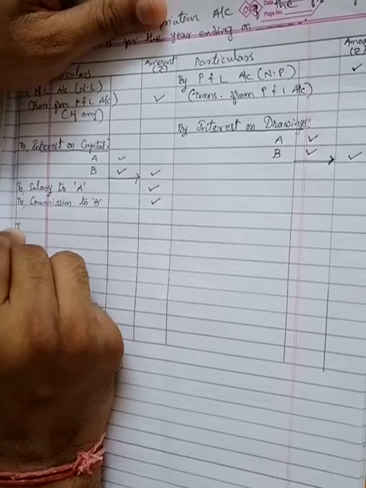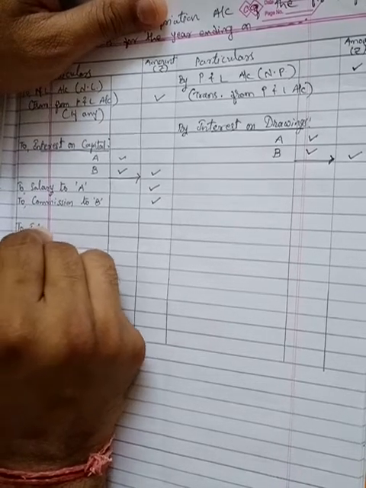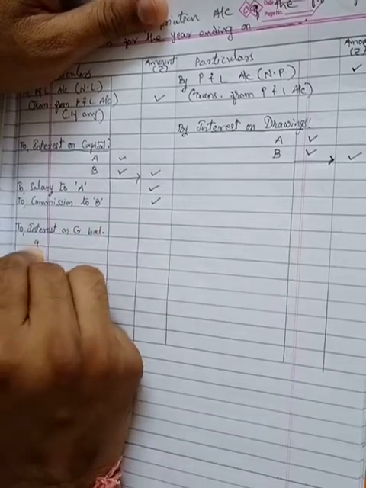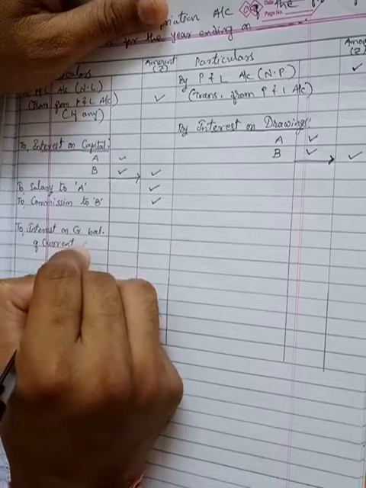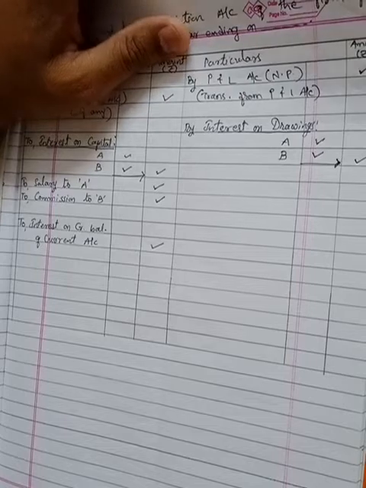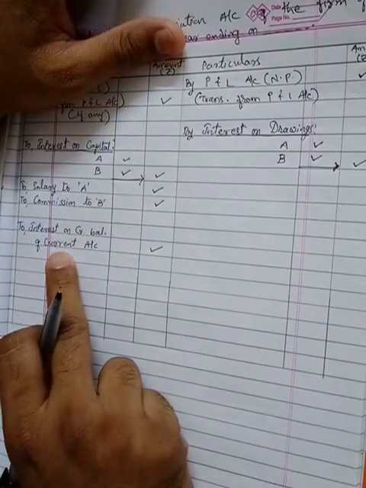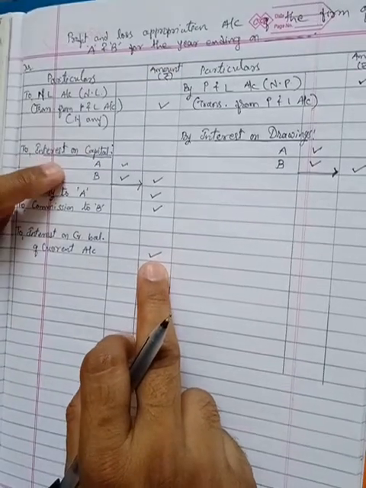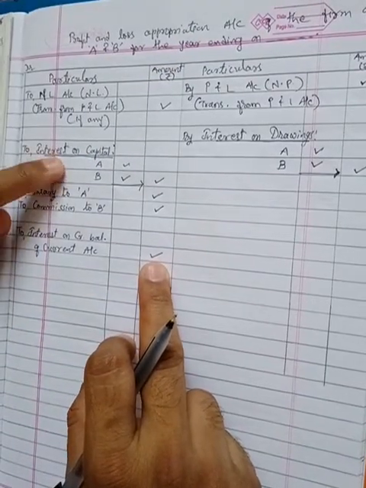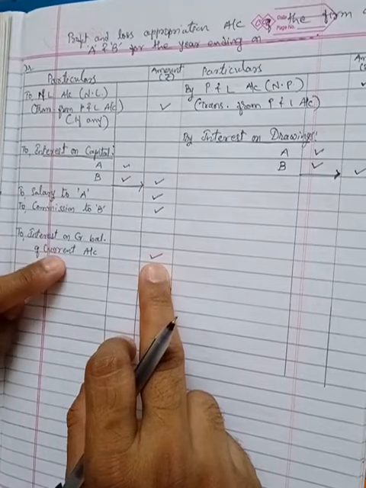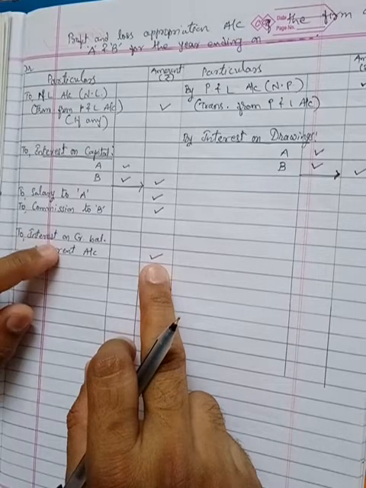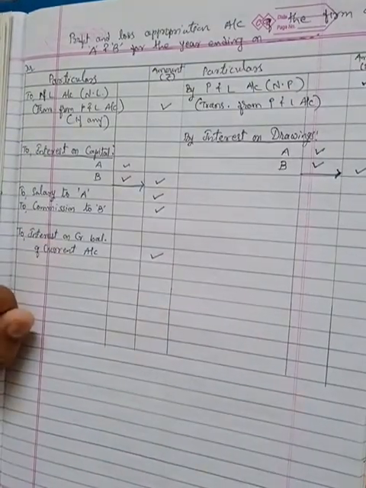So I am writing that on debit side, interest on credit balance of current account. As the case may be, whichever it is available, you can record it, but the interest on credit balance of current account is considered as an expense for the firm. Just like capital also has a credit balance, so interest on capital is an expense. So credit balance of current account, if it is there, is same as a capital. So interest on credit balance of current account is considered as an expense.